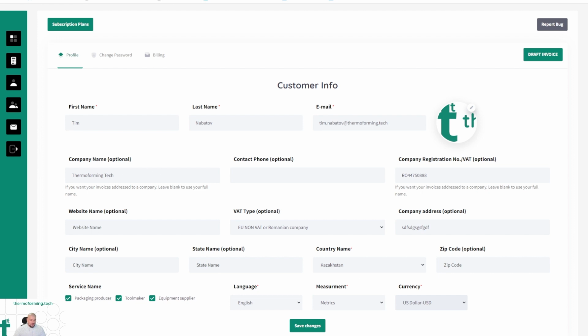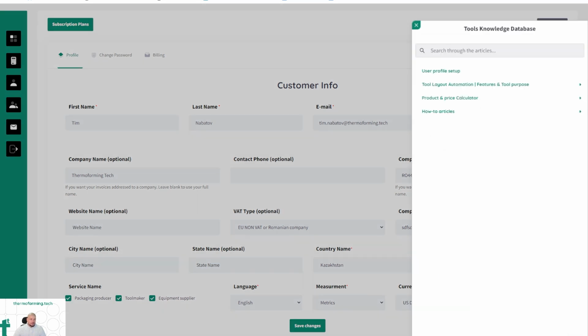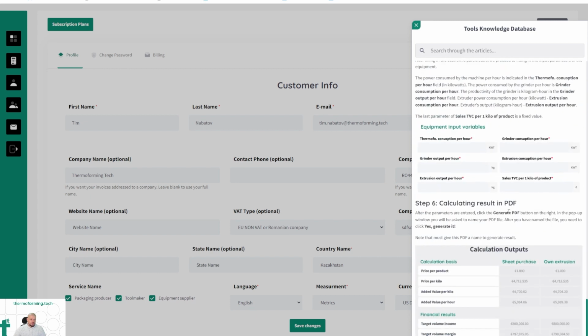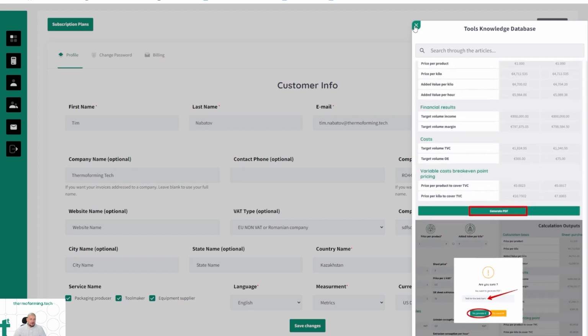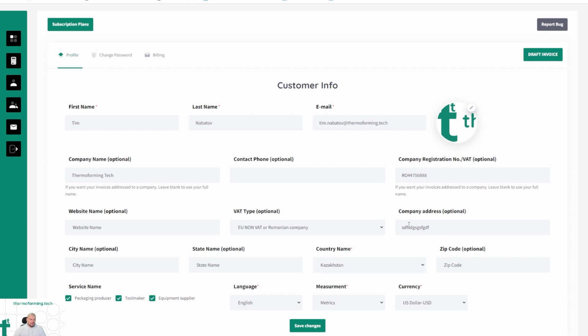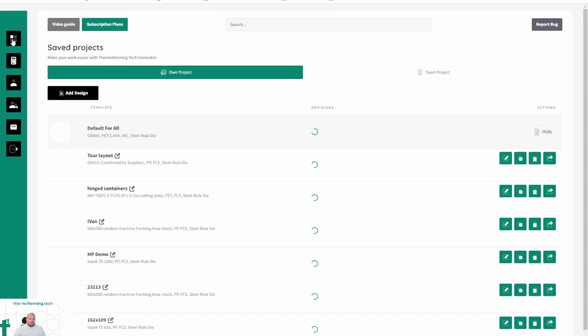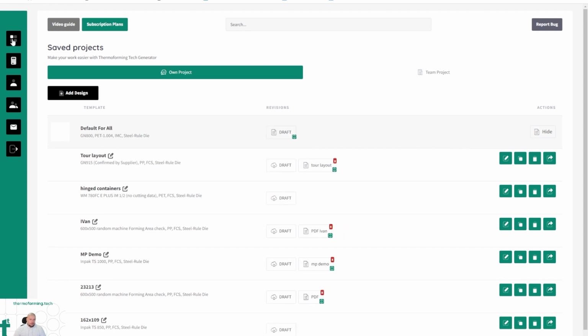So finally, one more thing here, you see there is a question mark, and this question mark gives access to the help panel, and this help panel also includes some video guides, information, tours, and explanations. And we are adding to this database of information, and you can find answers there. If that information is not enough for you, and if you need more details, and if you want to go a little bit deeper, here's a contact us button. So just send us a message, we will receive it, and we will contact you. We can schedule a meeting, and we can make an onboarding tour with you, where we will help you to calculate your projects, discuss the parameters more deeply, and it will help you to use the software and to benefit